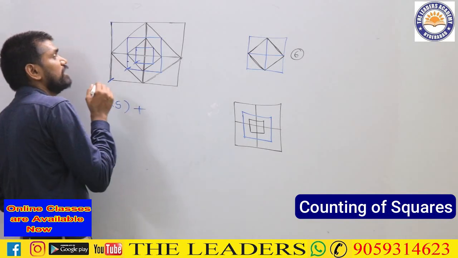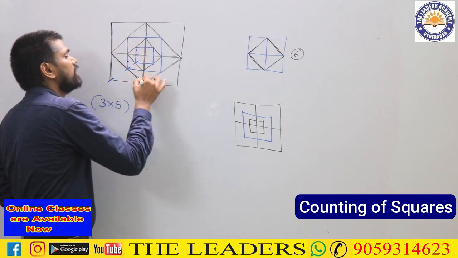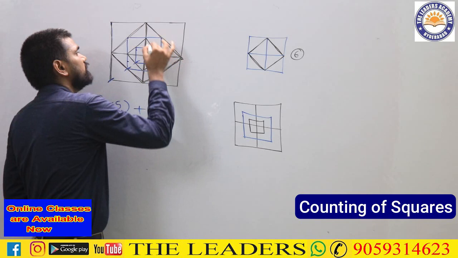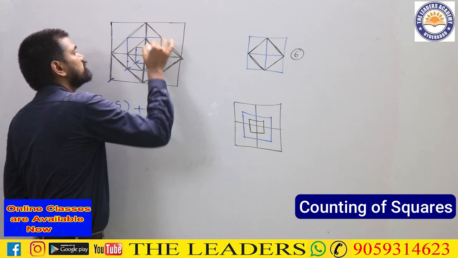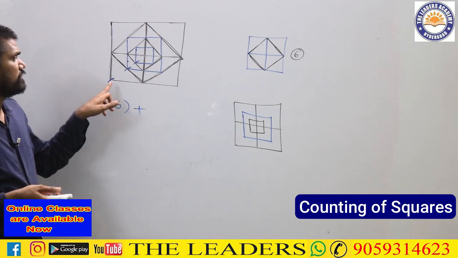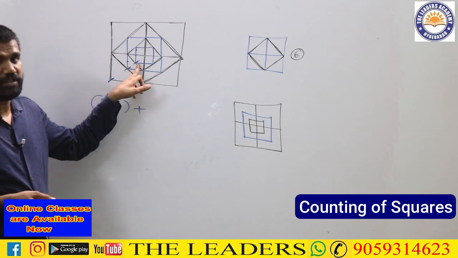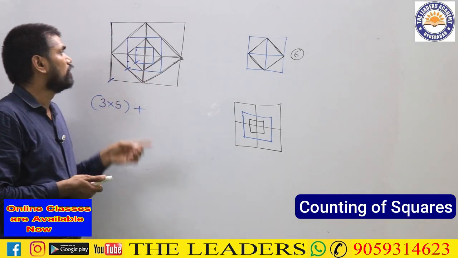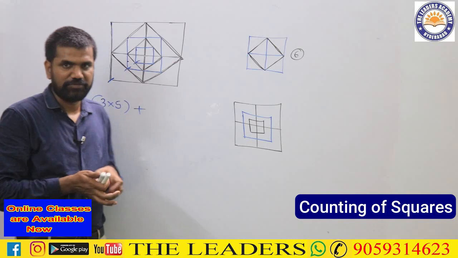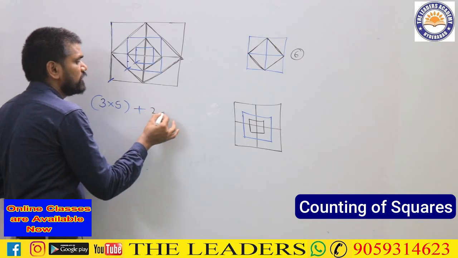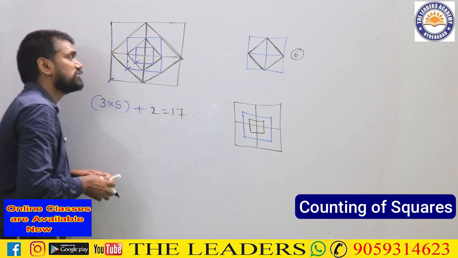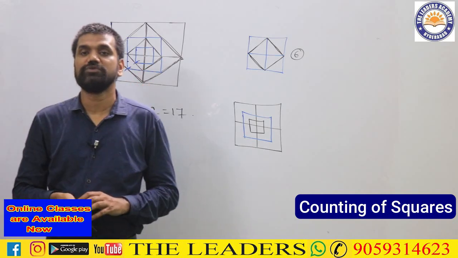So what are the other squares that are being left when I am counting? This I did not count. So this is one square for me. Similarly, this is another square which is inside. So totally we are having how many squares over there? I repeat, 3 structures each having 5 squares. Apart from that, we have 2 squares which are looking like this. So 2 squares I have inside which have to be further counted, so that is plus 2. In total I am getting how many squares over here? 17. So that's why this structure is having a total of 17.